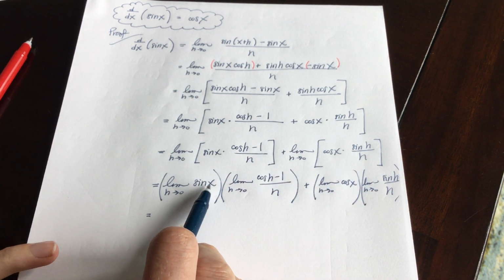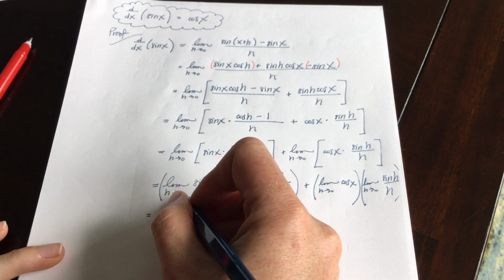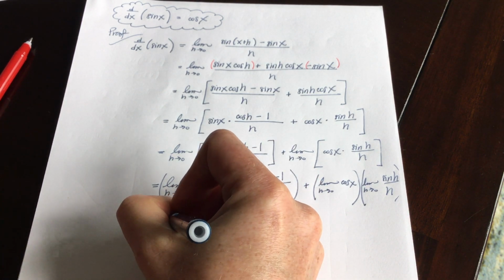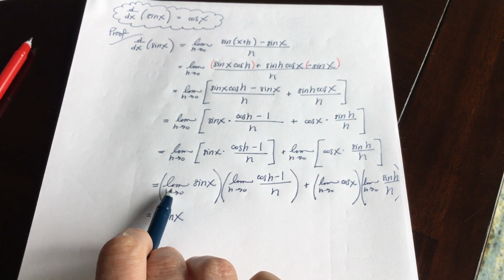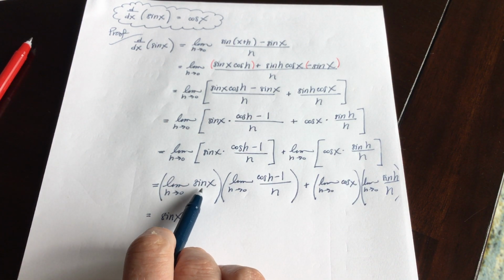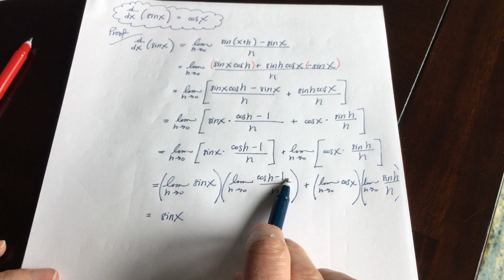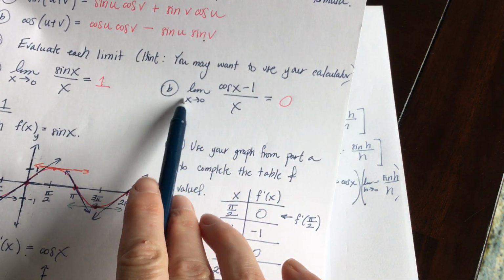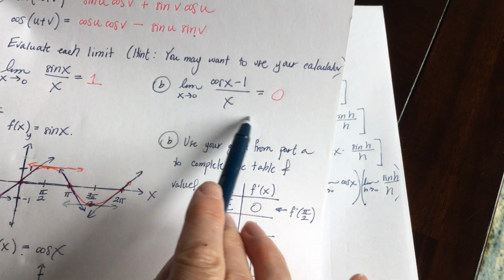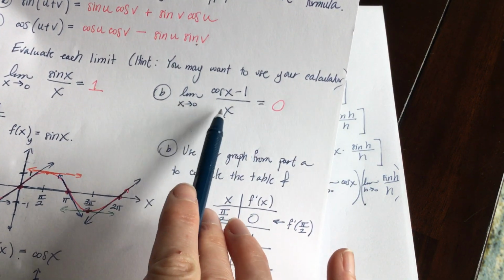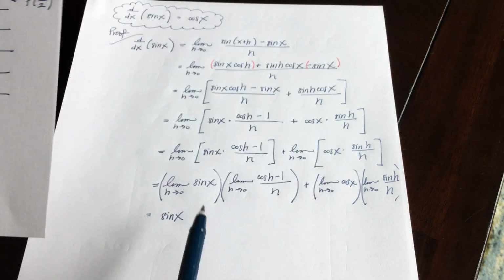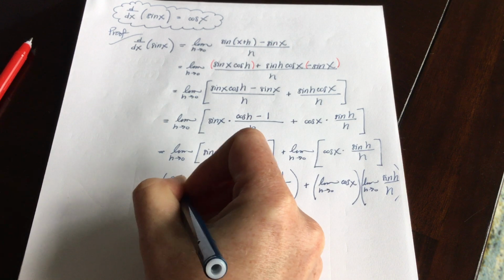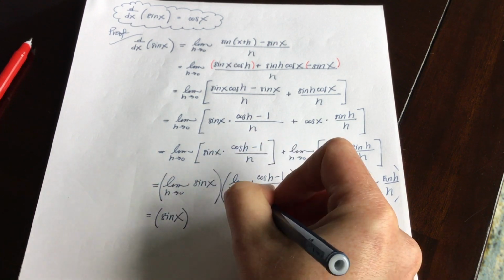Okay. Now let's go ahead and evaluate each limit. The limit as h goes to 0 of sine of x: there's no h in this expression, so sine of x will stay sine of x. As far as this limit's concerned, sine of x is a constant. Now the limit as h goes to 0 of cosine of h minus 1 over h. Maybe you can see what I was up to in this warm-up. I wanted you to have thought this through already. Notice that if all these x's were h's, you would have exactly this expression. So this entire expression goes to 0. So we would have sine of x times 0